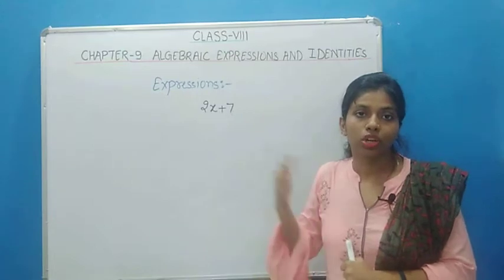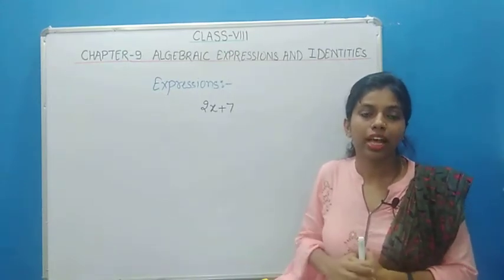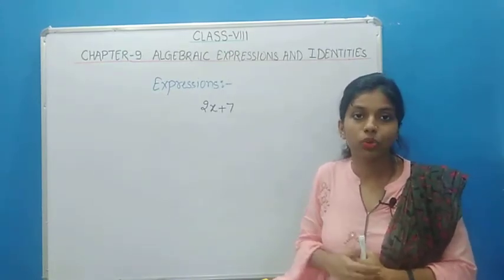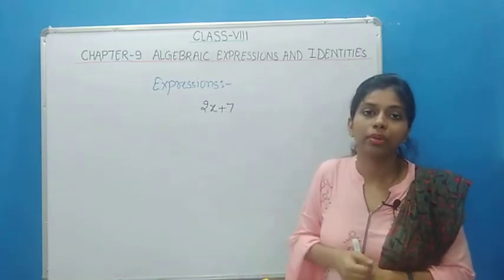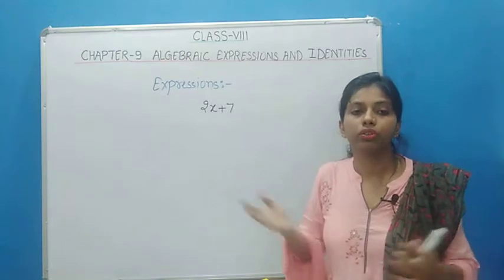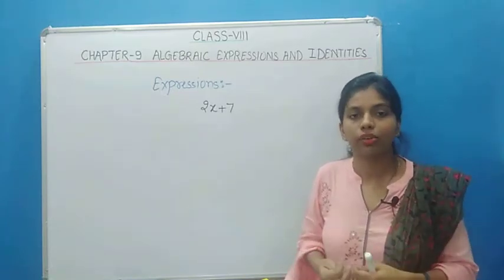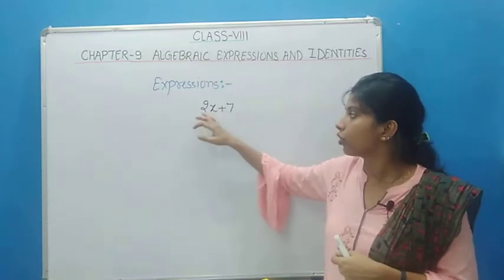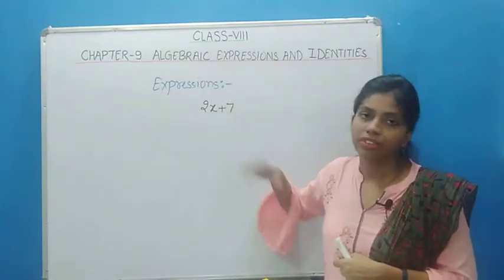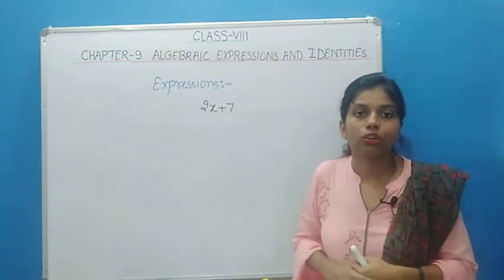A variable is one whose value is not fixed. We can take any value for variable x, like 1, 2, 3, 4, minus 1, minus 5, whatever we want. And the two constants 2 and 7 are constants because their values are not going to